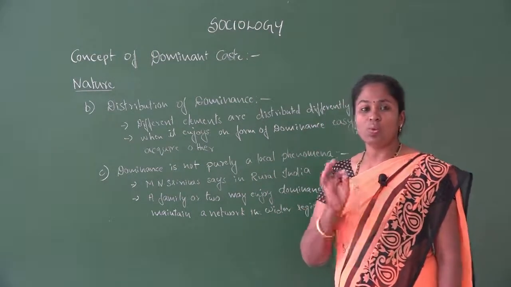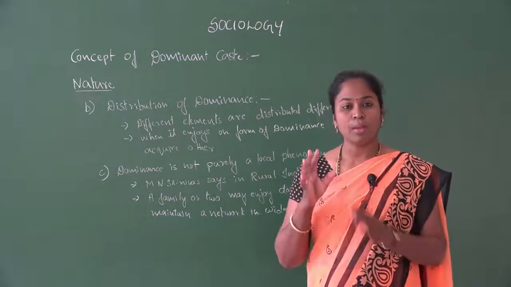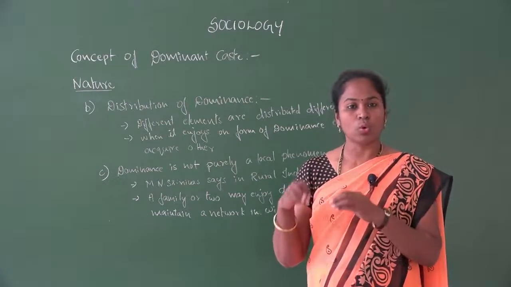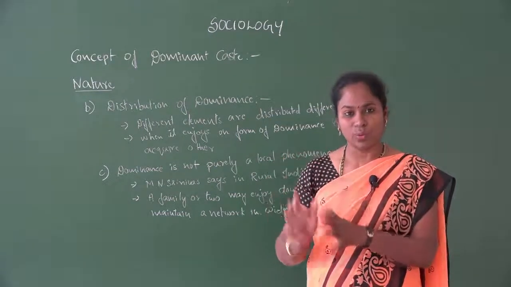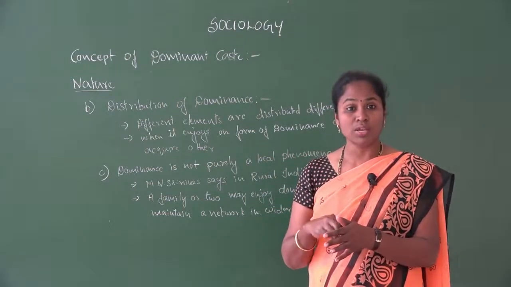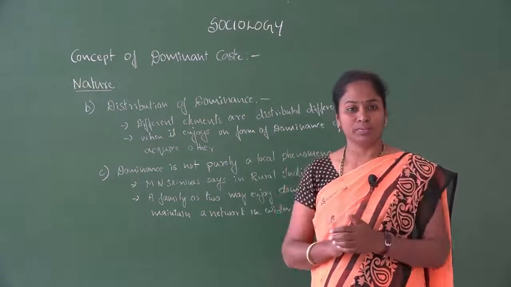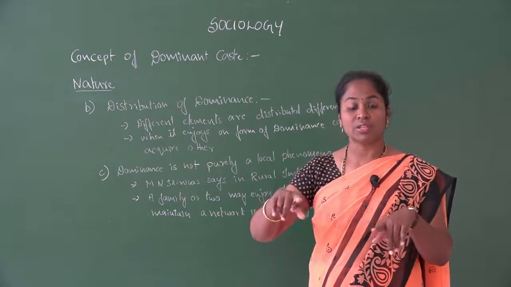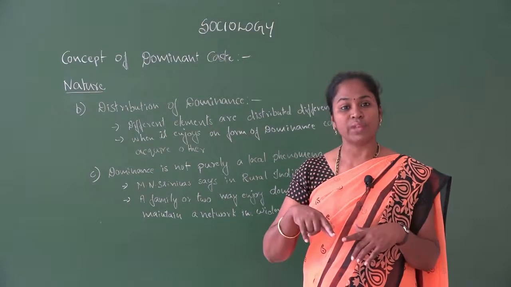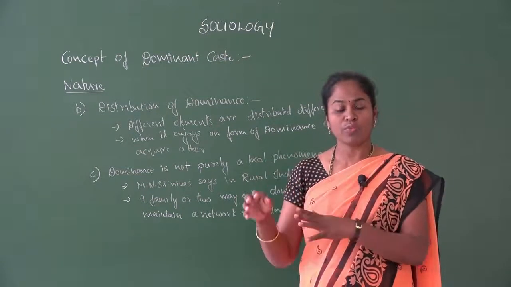Because in rural areas we can see one or two families who may be the dominant ones. Only one or two families may be residing in one particular village, but they are called the dominant caste because that group of people live in that particular region. When they live in that region, their dominance is wider compared to other people. So in any one local area, in any one village, if one or two families are there,